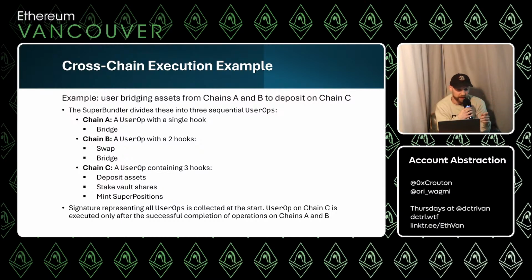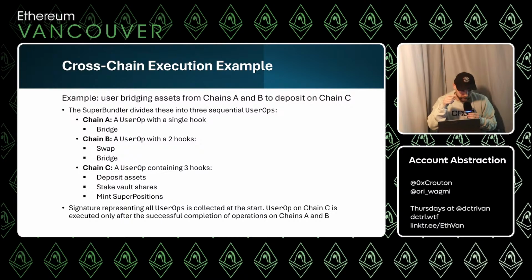And this is going to be, we can deposit into the vault. We get some vault shares back for depositing. I can now do something with those vault shares. I can maybe stake those, and then I'm going to mint a superposition. This is some like receipt token to represent all these actions that I've done, and I can mint this on whatever chain. It's somewhat arbitrary.